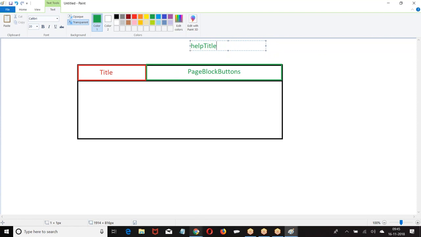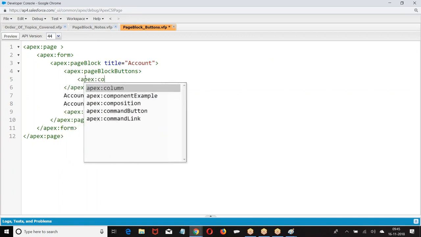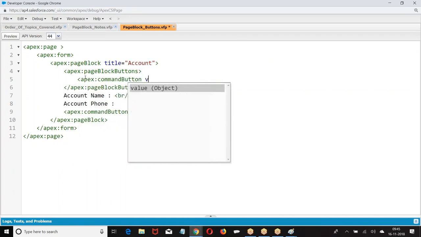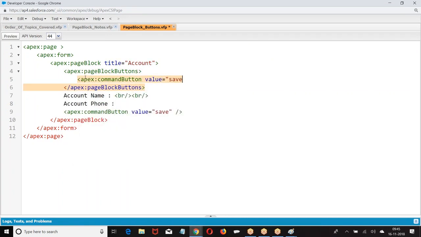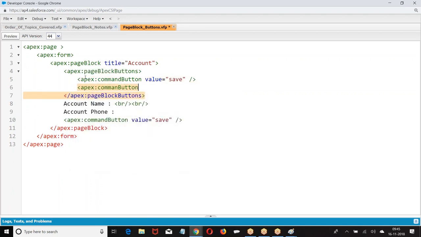So let me give you page block buttons. Apex command button, value equal to cancel.